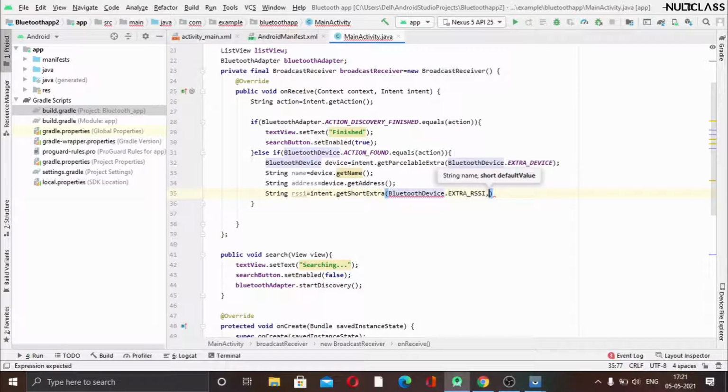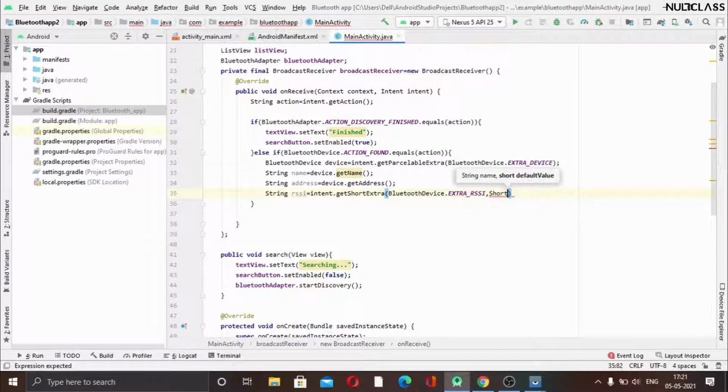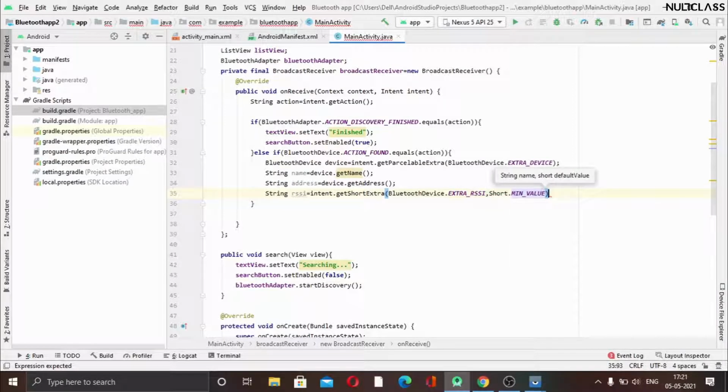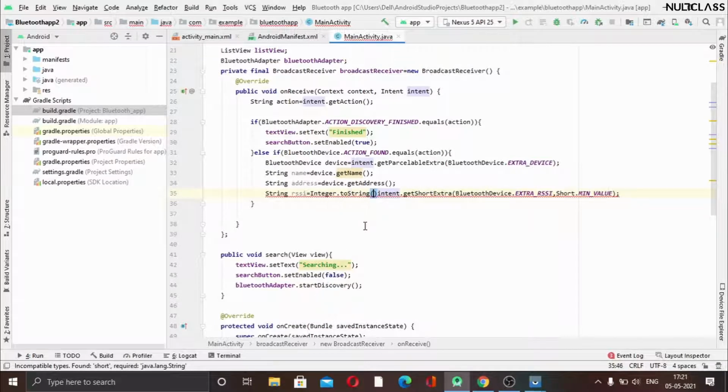Also we have to pass the default value, like if it does not find any value, then we want a default value. So I will just pass the min value here. We'll use short dot min value, as we want the connection to be closer if we don't find any value. Okay, so I think this looks fine. As I said before, this is showing an error because intent.get short extra will return the int type. Okay, so we have to typecast into string, so we'll be using Integer.toString, and we will be passing all this inside